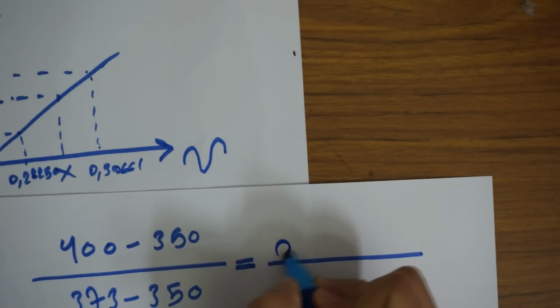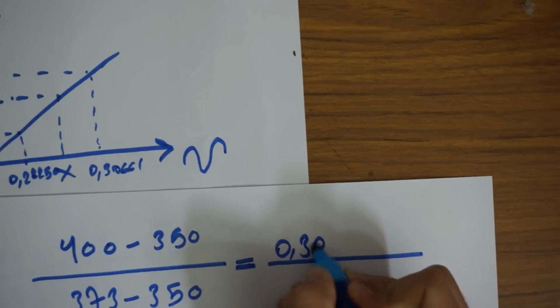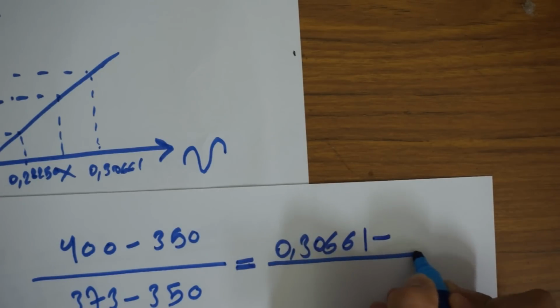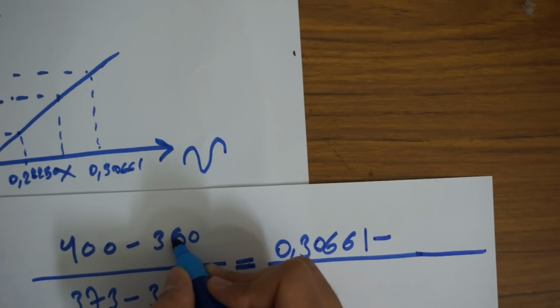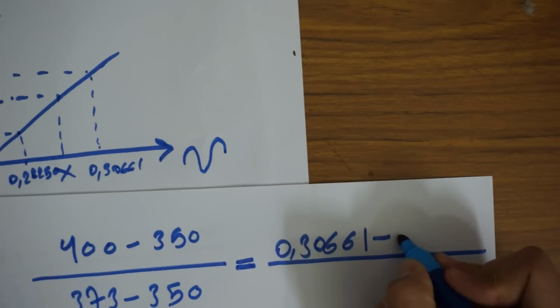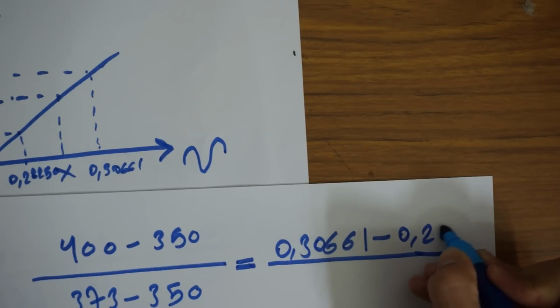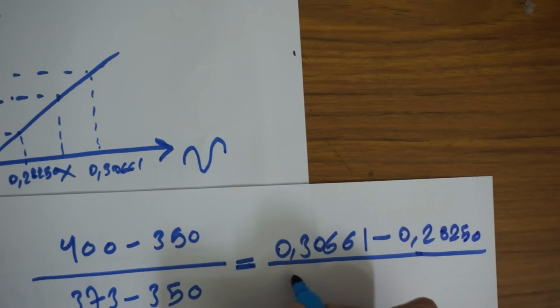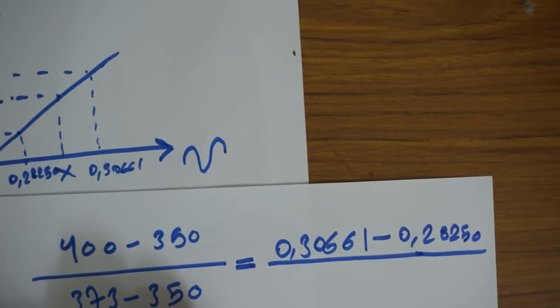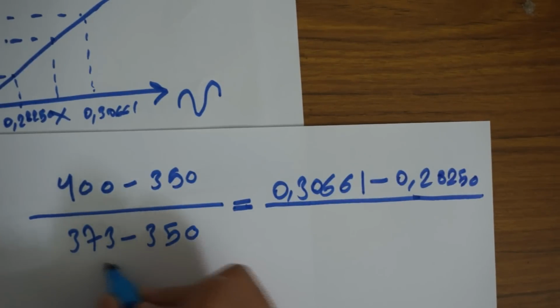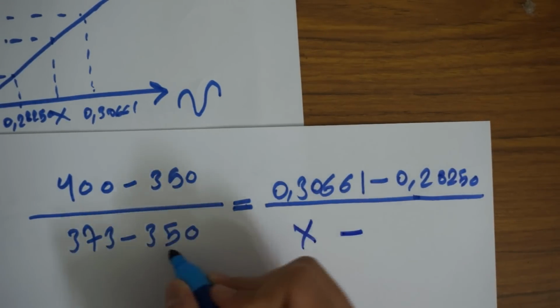For 400 we have 0.30661 minus the corresponding value of small v at 350, which is 0.28250, and at 373 I don't know the value, so I put X minus the corresponding value of small v at 350,